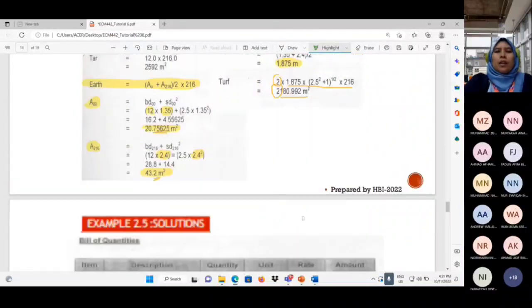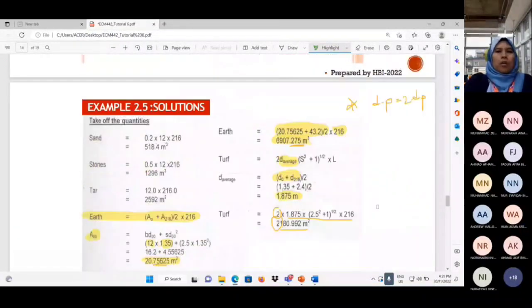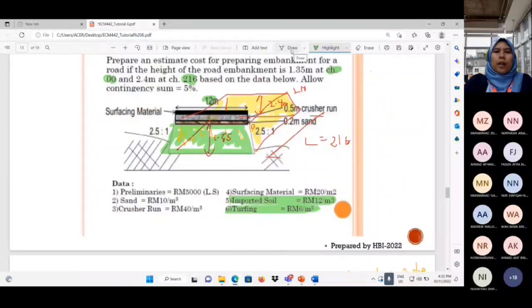So you masukkan. How do you get this price? 6907.3 darab dengan 12, you get this price. Sama jugalah column quantity, you darab dengan column rate. You will get this value. Okay. So on the road part, untuk bahagian jalan,